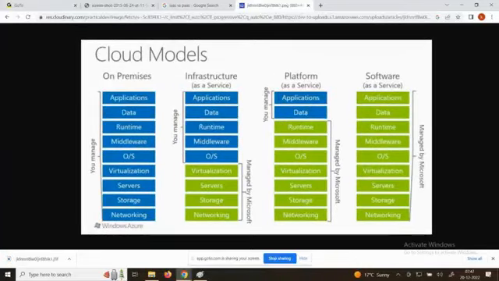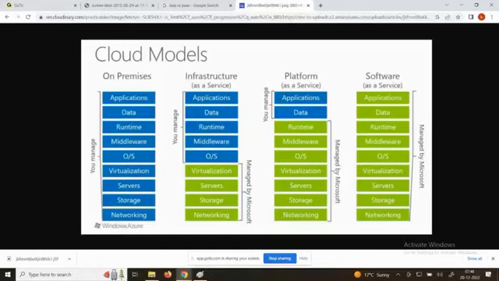That is called on premise. What is the meaning of on premise? Sir, he will come up and say, let's go and create our own servers. So you need to set up your network, storage, buy everything. All the layers, who will manage? You. On premise means you will buy the hardware, and set up network, storage, server, virtualization, OS, middleware, runtime, data and application. You need to take care. If the server is not working, who's responsible? You are responsible.